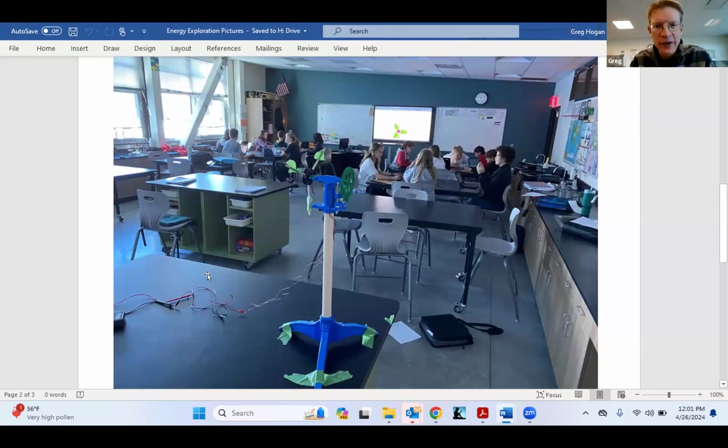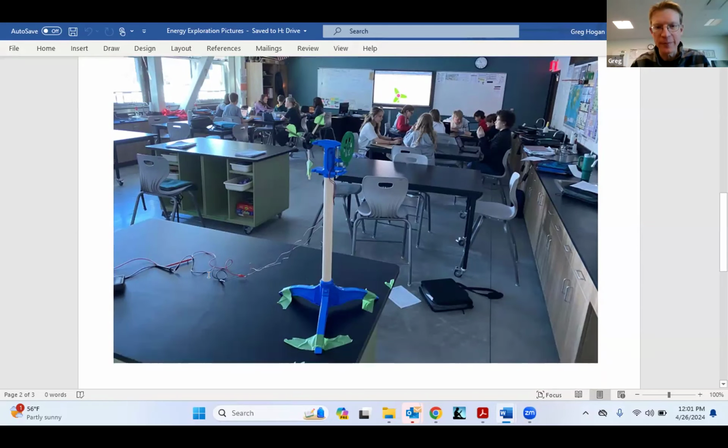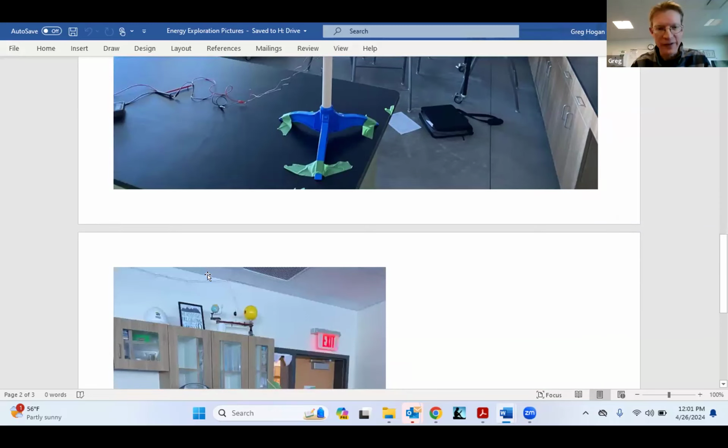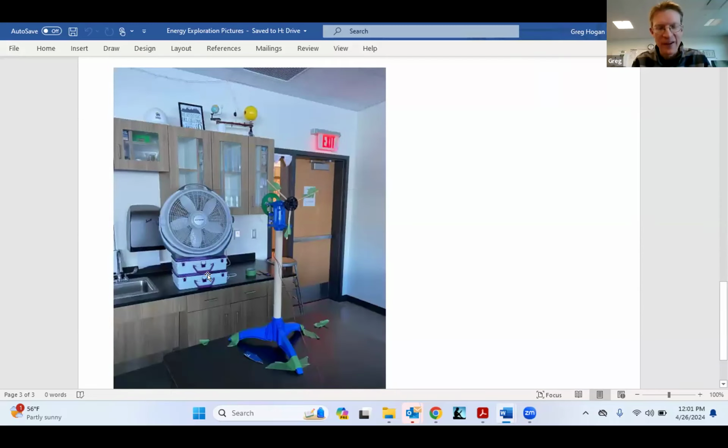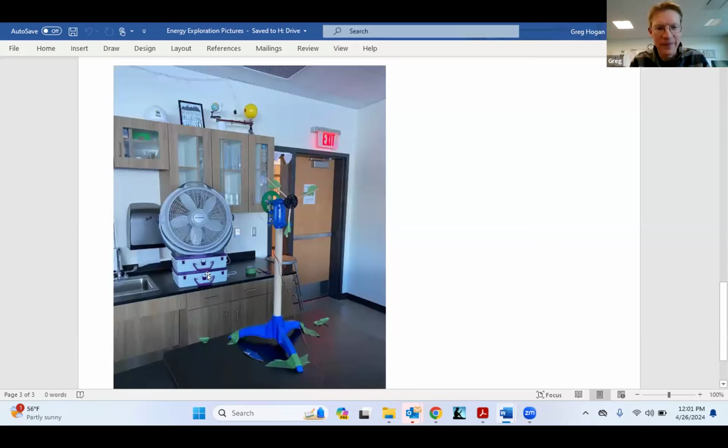So you can see the students, they're working on the Google form, and they're also working on their turbine blades. They're cutting those out, and they're going to bring their turbine blades back to the turbine. We just tape them onto the turbine. I have a giant fan in the turbine. We test it out, and then they bring that information back to their team and continue working on that lesson.